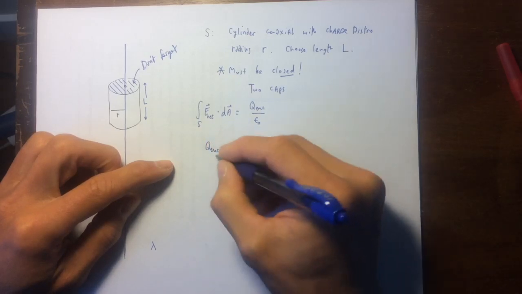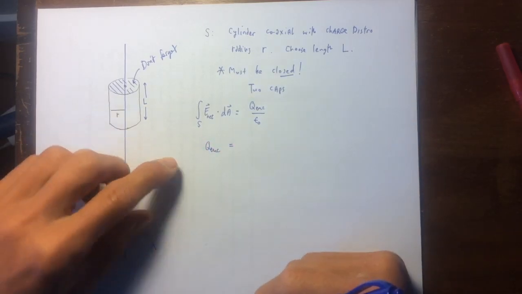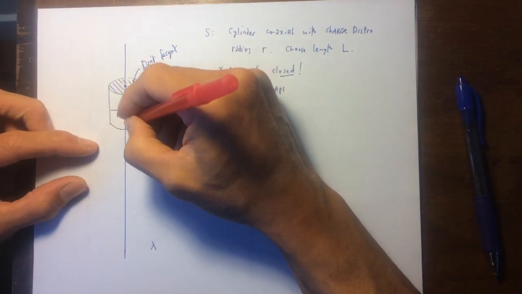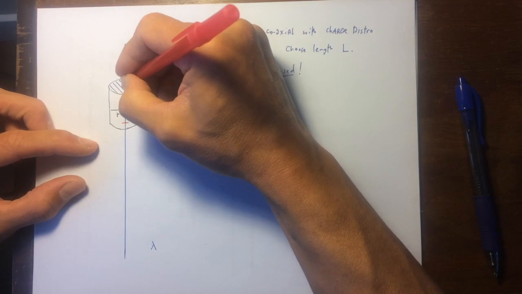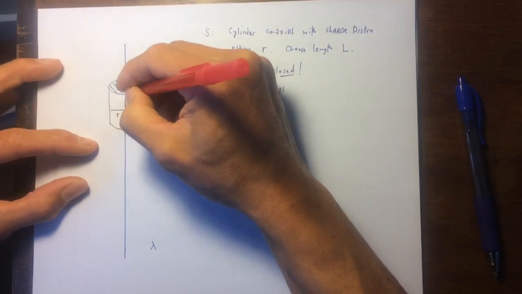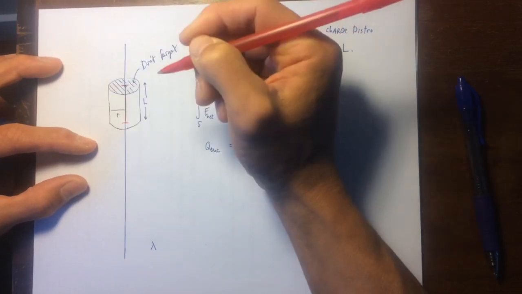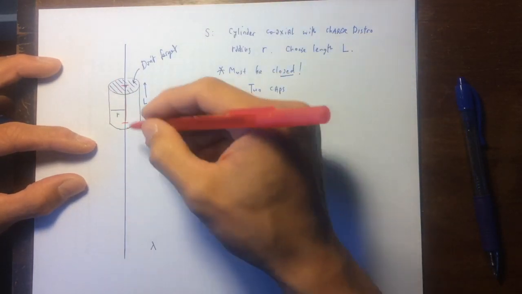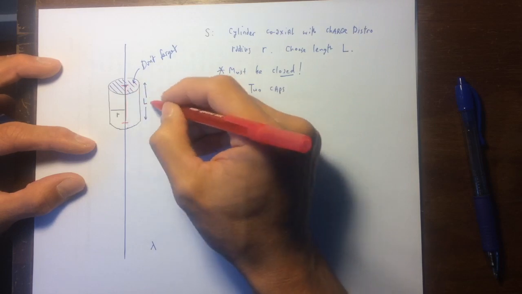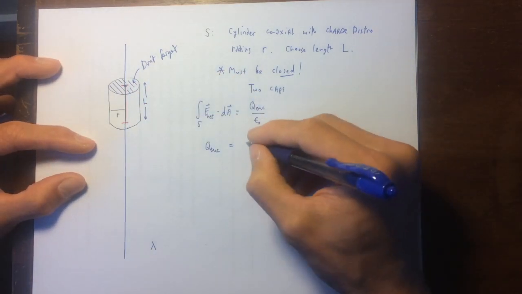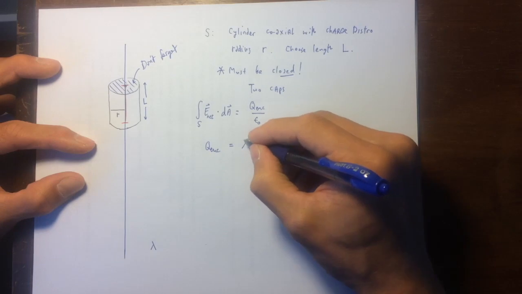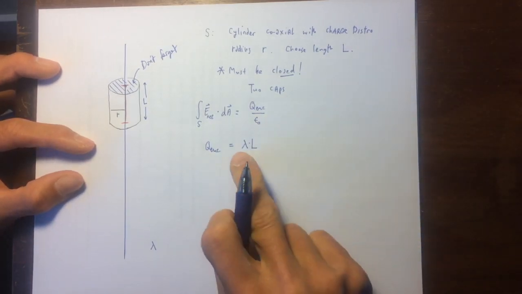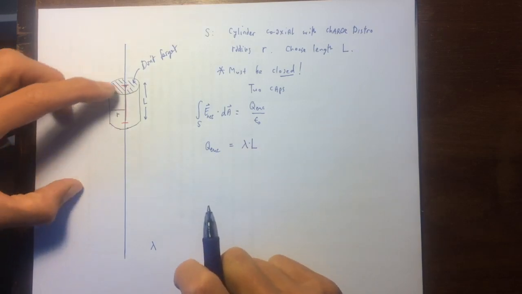So let's think about Q enclosed. Q enclosed is actually only the charge enclosed from here to here. This is the charge that's enclosed inside our surface. This up here is not part of it, and this below it is not part of it either. It's only there, and that length is L. And so if I have a charge density lambda and a length L, then this is the amount of charge